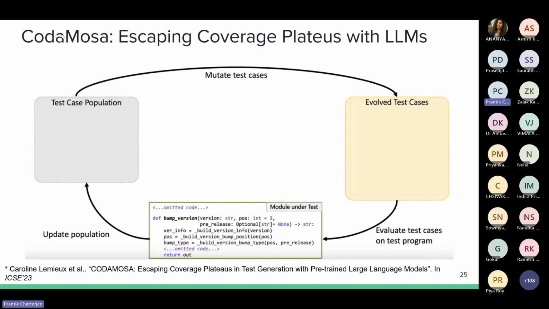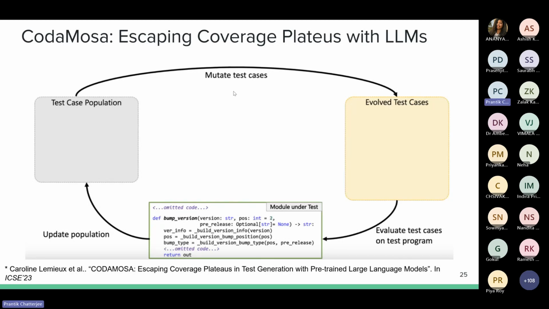I assume that all of you are familiar with large language models, or at least the way in which they work. For instance, I'm sure you have all used ChatGPT. Large language models are a class of tools. Essentially, you can provide a query and you can try to get an answer. So by combining these two tools, the authors showed that we can try to escape these coverage plateaus by using LLMs in combination with fuzzers.